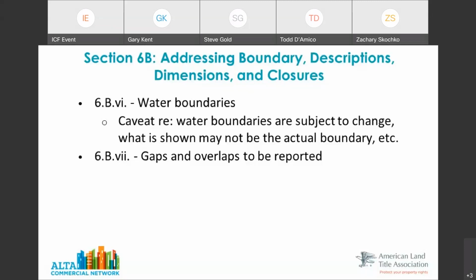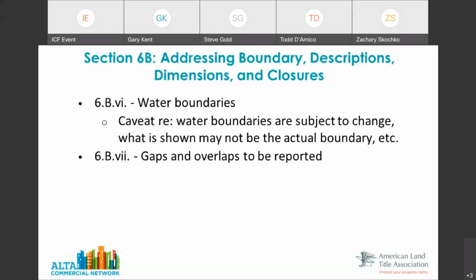In some cases, when we're calculating a boundary, analyzing that and making that determination, we may identify that before we have the map done. And if that's the case, and we've written that into the standards, that if we can do that, that's so important that there's an issue, that if we've identified that, we need to communicate that and report that to everyone. So that's at the very end there of that section 6B6 or 7.